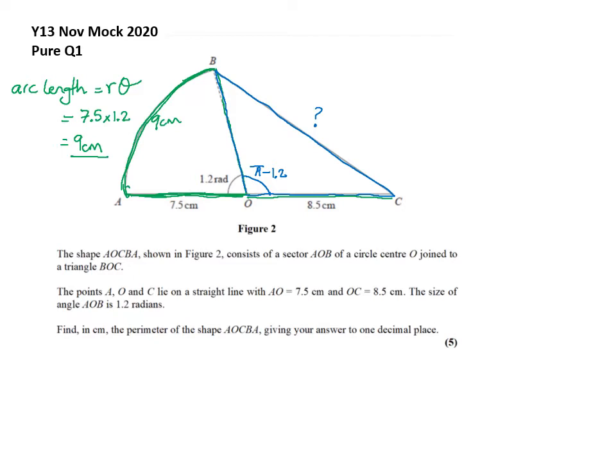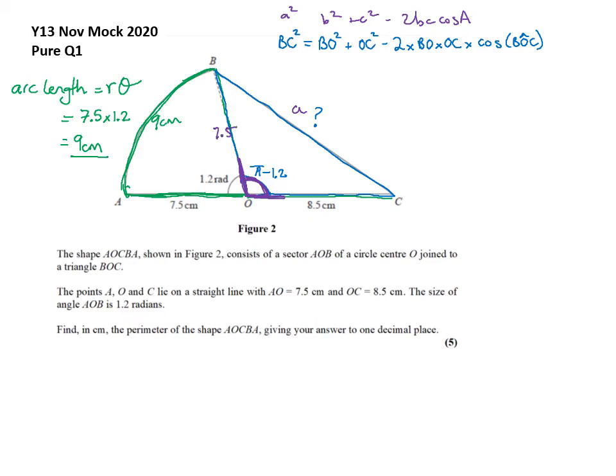So start off by writing the cosine rule for this triangle. And remember, when we're applying the cosine rule, it's always the B and C are your two sides, either side of the included angle here. So this would be your A, and B and C, the other two sides. So a squared equals b squared plus c squared minus 2BC cosine A. So to then plug in what we know, BO here, or OB, is the radius of that circle. That has to be 7.5. So if you now plug those in,